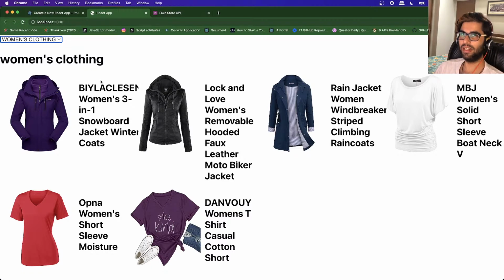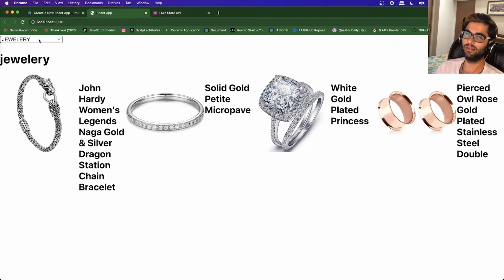We'll be building more small projects to understand how different functionalities within React work. So you can think of this as like a products app. You select a category and it shows you the products in that category. All right,